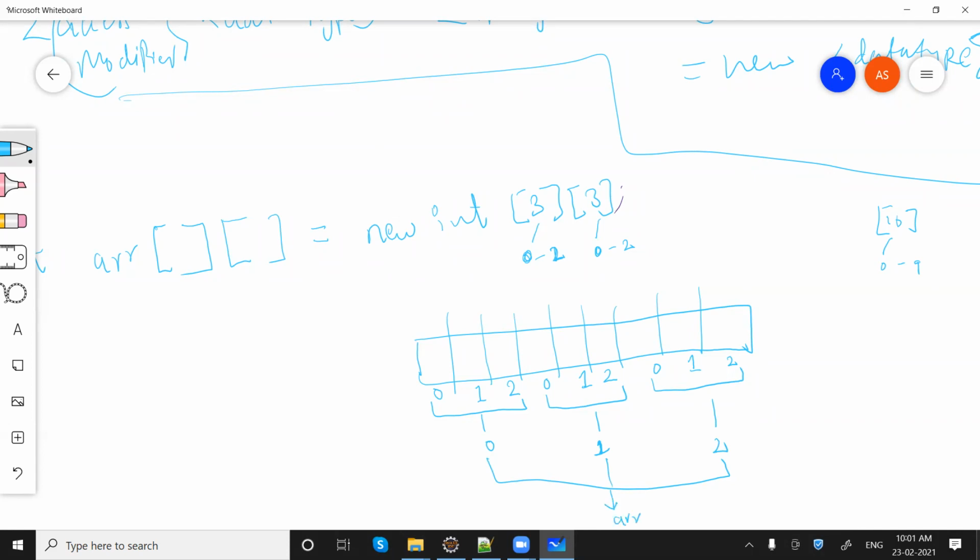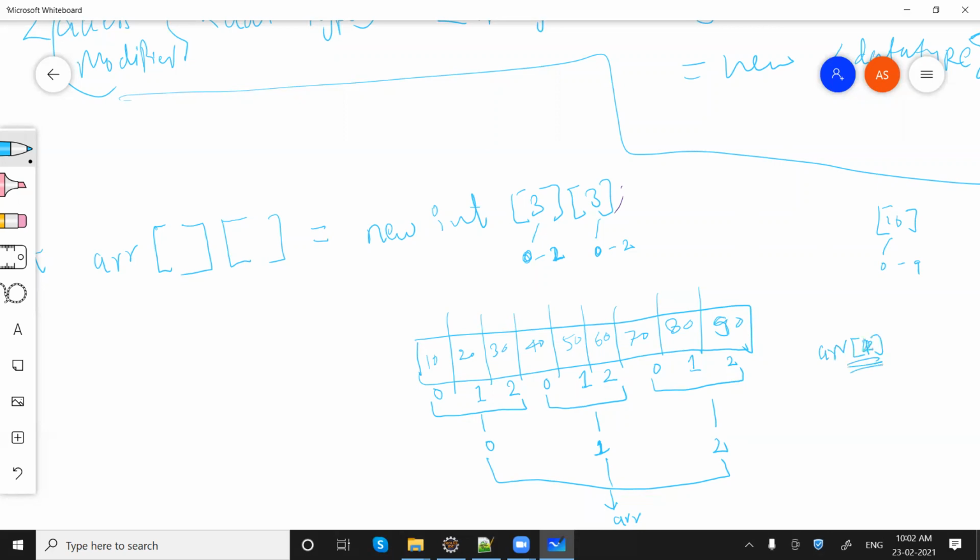Getting my point? Let's say I have some numbers here: 10, 20, 30, 40, 50, 60, 70, 80, and 90. Now we want to keep data in this particular array. We cannot access the data by just saying arr of 0 or 1 or 2.